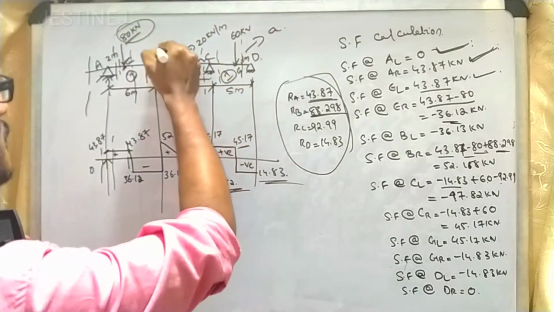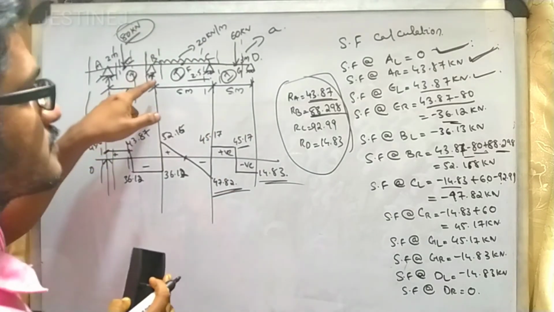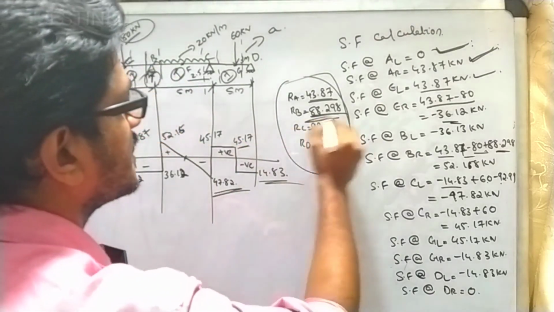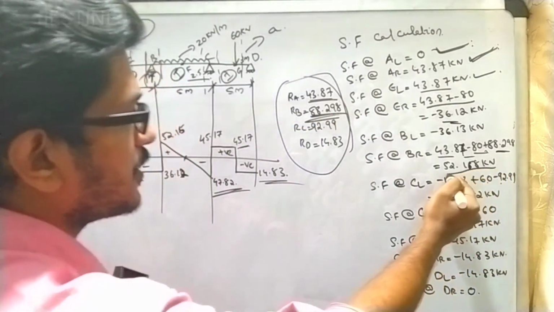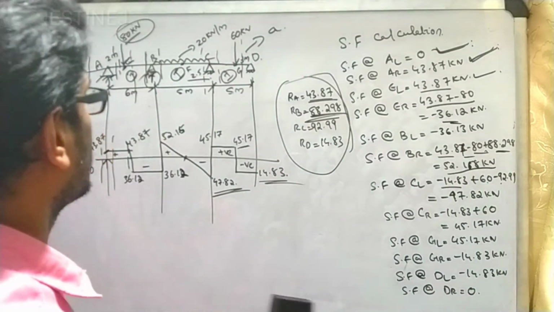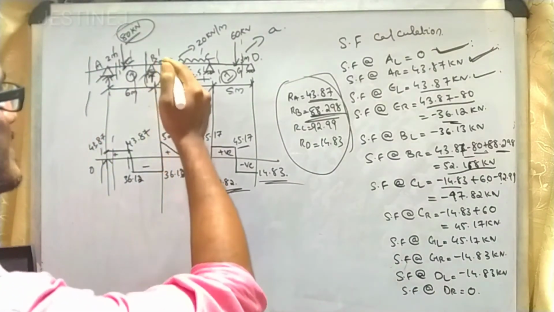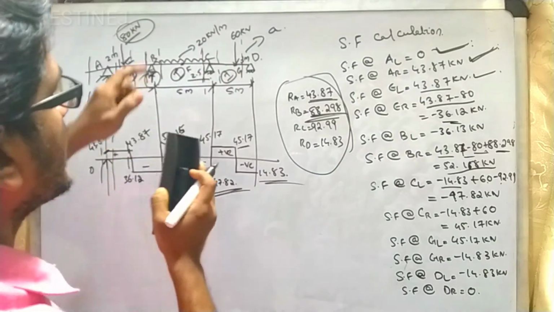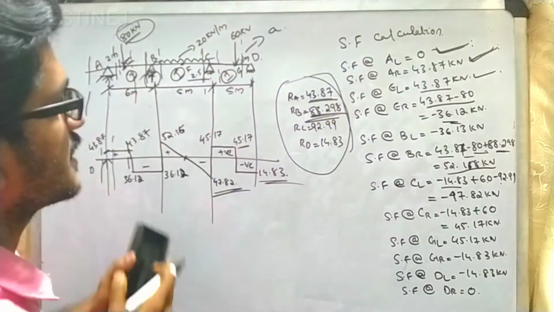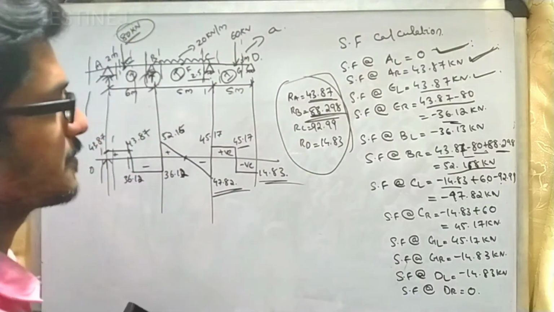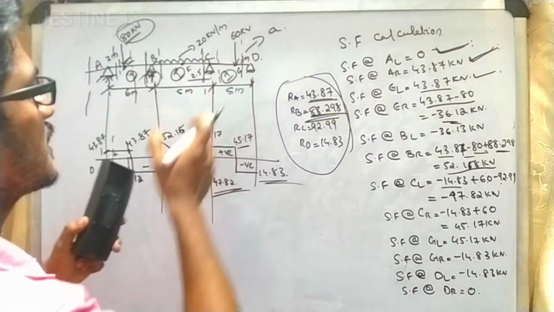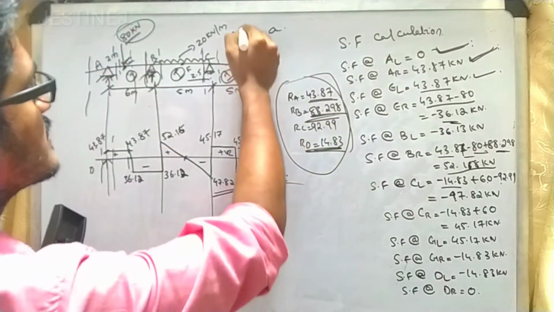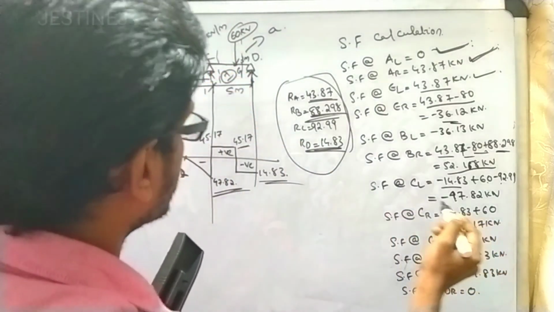And to the right of the point B, you will get the value as, you have to consider this reaction also, that is 88.298, and if you substitute the values, 52.16. Okay, and when you are coming to this position, we can easily access from the CD portion side, otherwise you have to consider this 20 kilonewton per meter also. So for easiness we will consider from here, and here you have to consider this reaction RD, then this support 60, then RC,